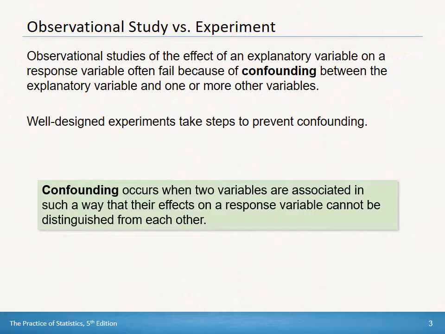Observational studies often fail to prove anything because of confounding variables, confounding between the explanatory variable and something else. Well-designed experiments take steps to prevent confounding. Confounding occurs when two variables are associated in such a way that their effects on a response variable cannot be distinguished from each other. So if I'm giving someone,